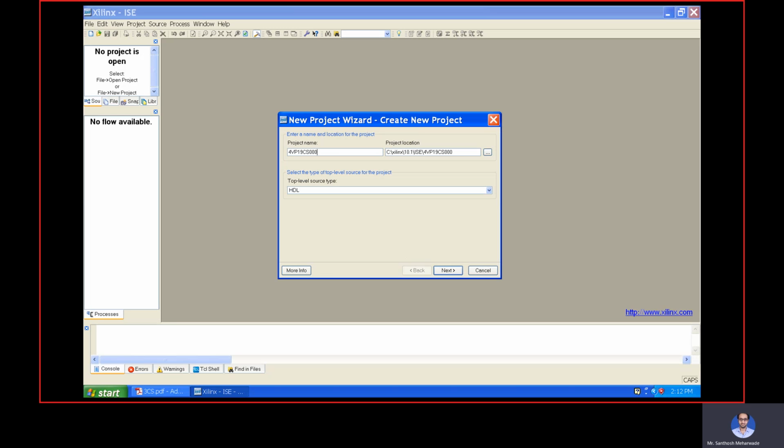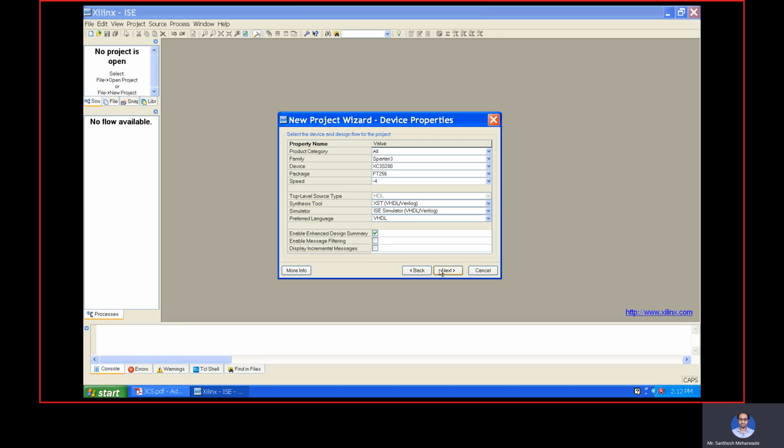That means my project 4VP19CS000 will be stored in this folder: within C, within the Xilinx folder, within the 10.1 folder, within ISE, and within that, 4VP19CS000. Then the top level source type, here we are using HDL, that is hardware description language.